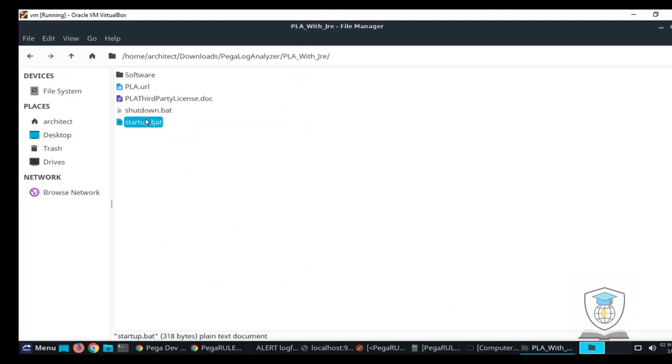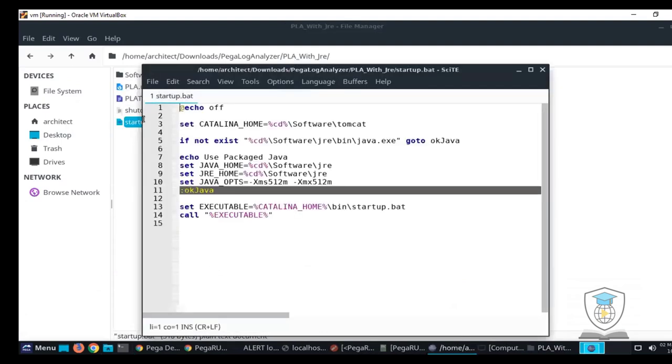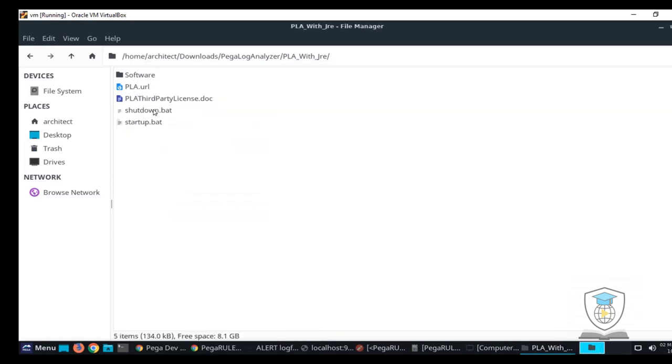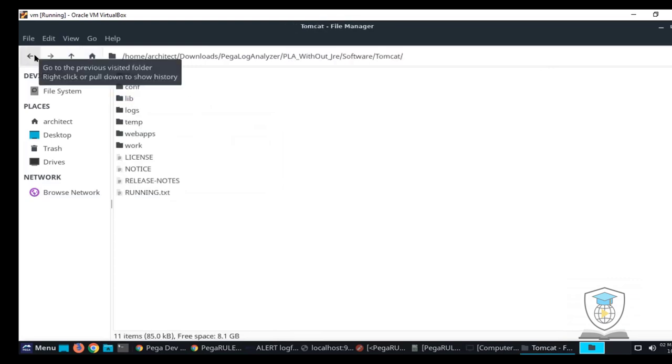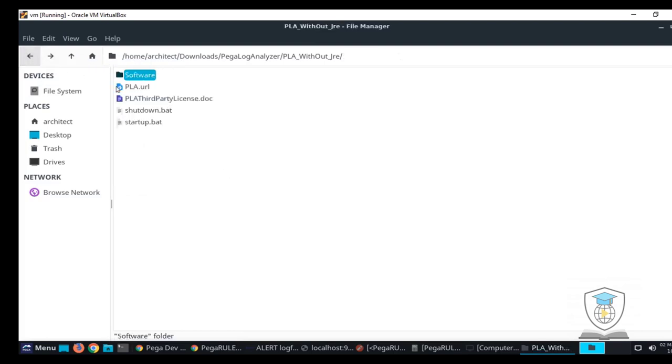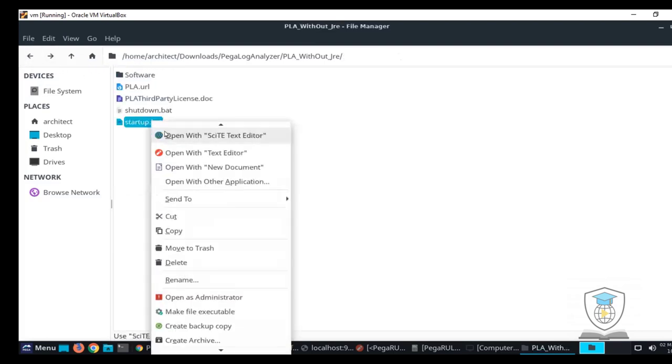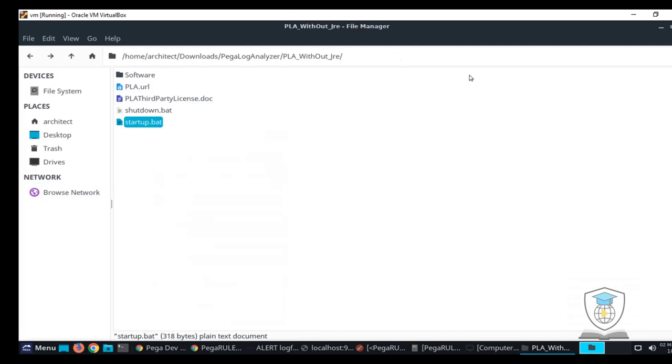These are bat files. Actually, these are not shell scripts. These are Windows bat files, but I will open it with JRE in Windows and show you before the end of this session how the Pega alert logs are summarized.